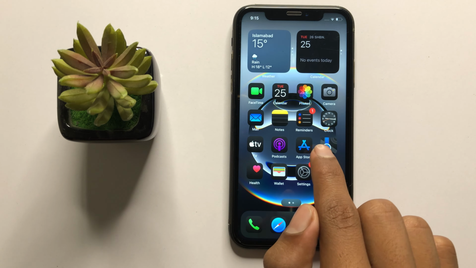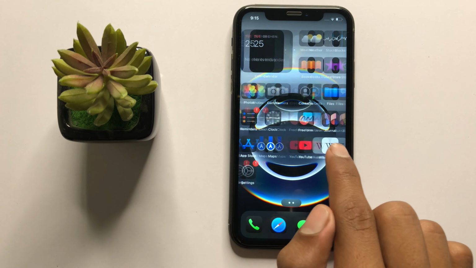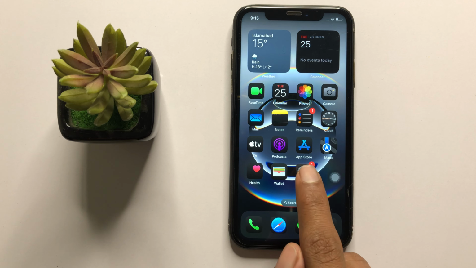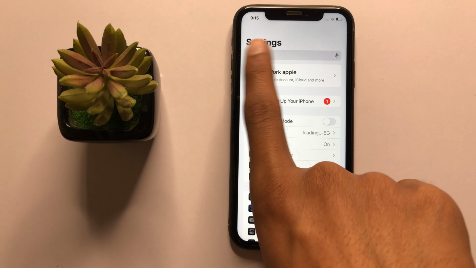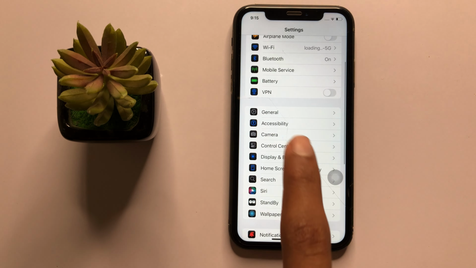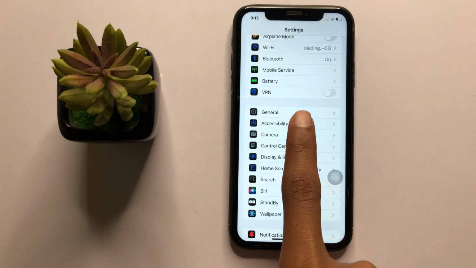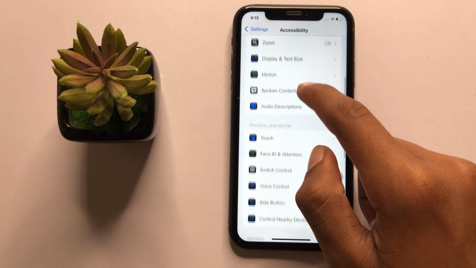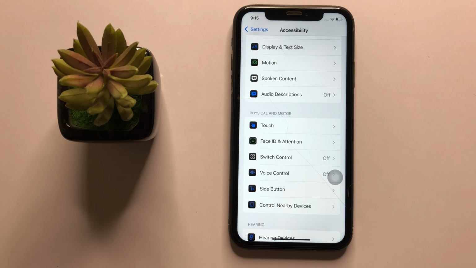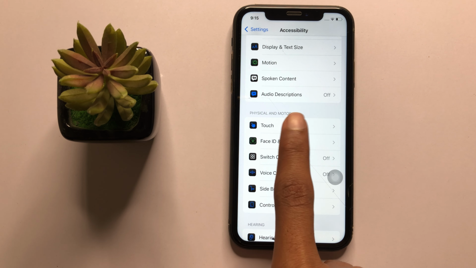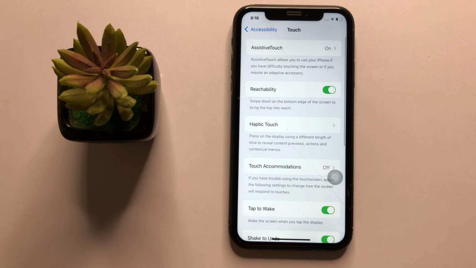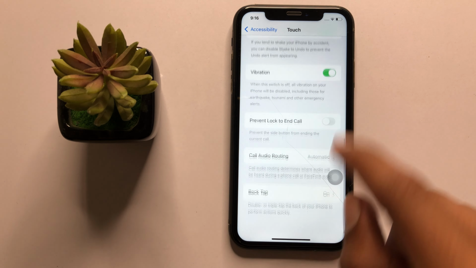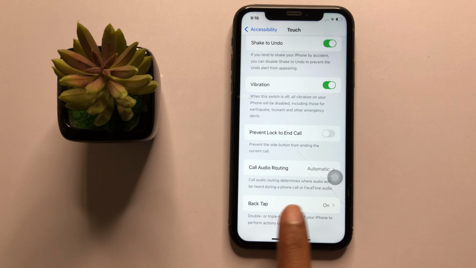First of all, open settings. In settings, scroll down and click on accessibility. Now scroll down and in the physical and motor section you can see the option touch. Now click on it and then scroll down to the last and click on back tap